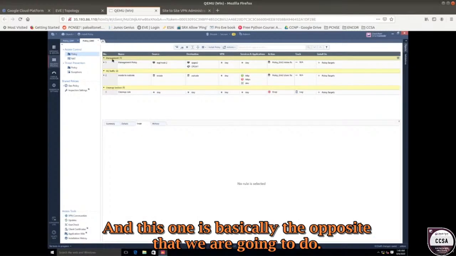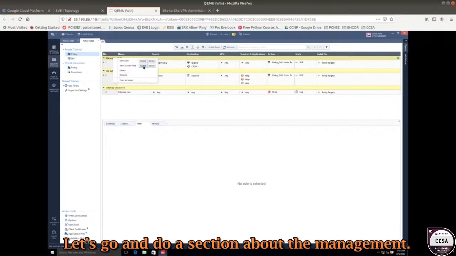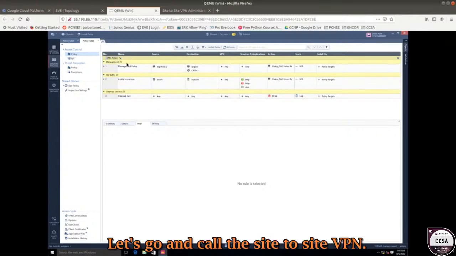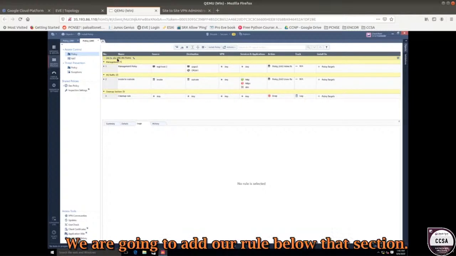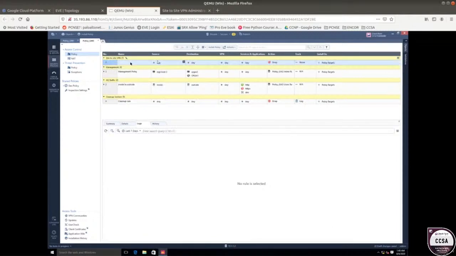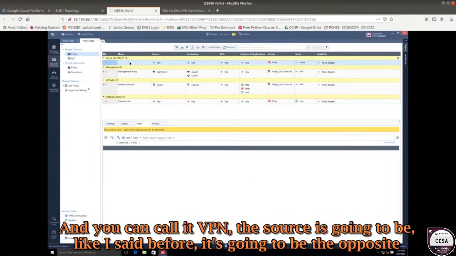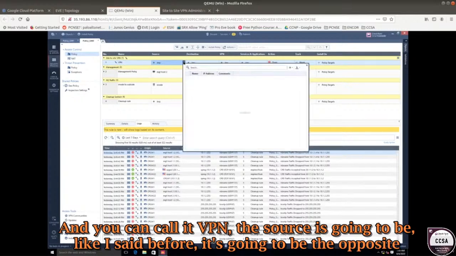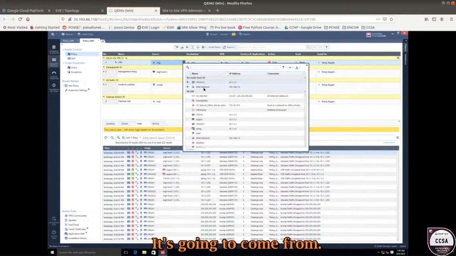Let's go to policy gateway number 2. And this one is basically the opposite of what we're going to do. Let's do a section above the management. Let's call it site to site VPN. Now we're going to add a rule below that section, and you can call it VPN. The source is going to be, like I said before, the opposite. Now it's going to come from